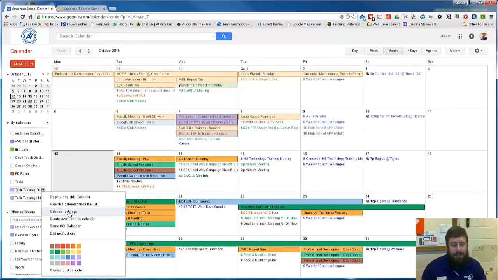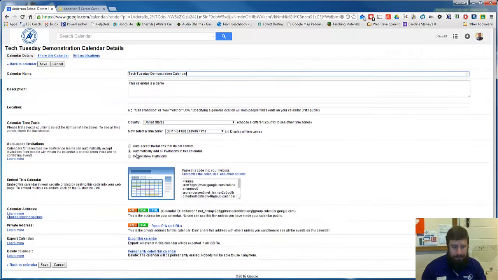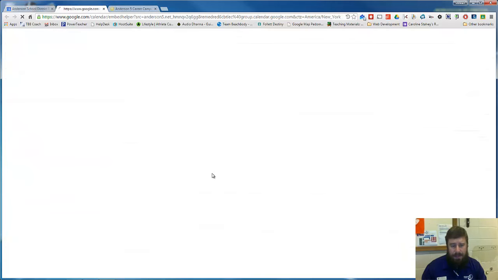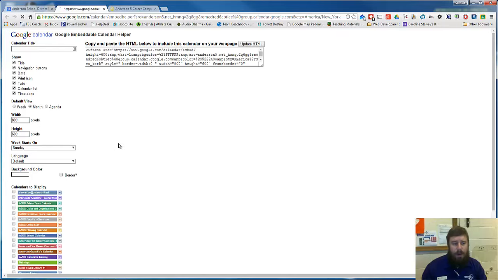So we'll go in here to Calendar Settings on the drop-down menu. It'll open up this big screen with a lot of text. Okay, you can control a lot of your calendar in this screen. You can subscribe to your calendar. If you wanted to add that calendar or give somebody a link to be able to add that calendar to theirs, if it was public, you can do that down here. But what we're looking for right here is we want to click on here, customize the color, size, and other options for our calendar. It's next to the embed this calendar. Okay, so you'll see the screen and then you'll click on this. Once here,